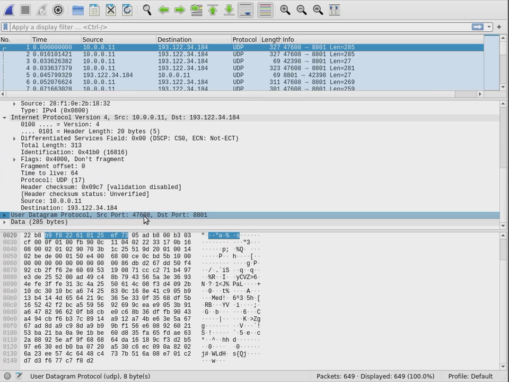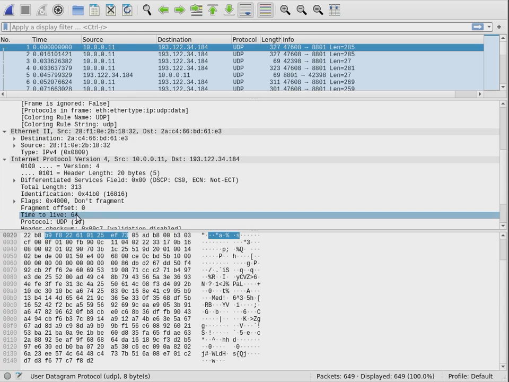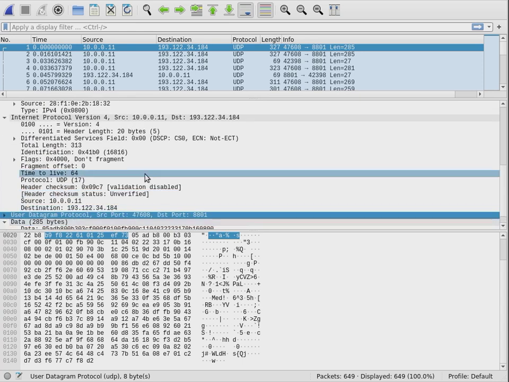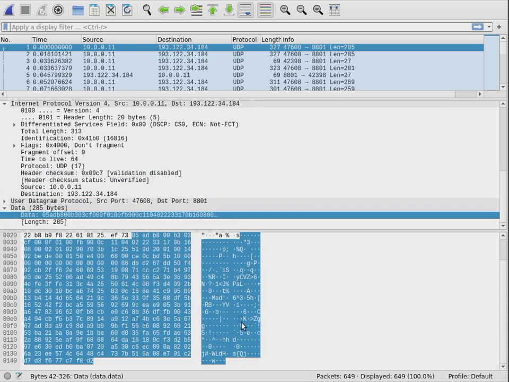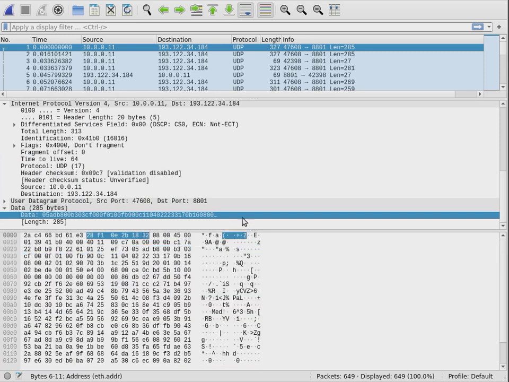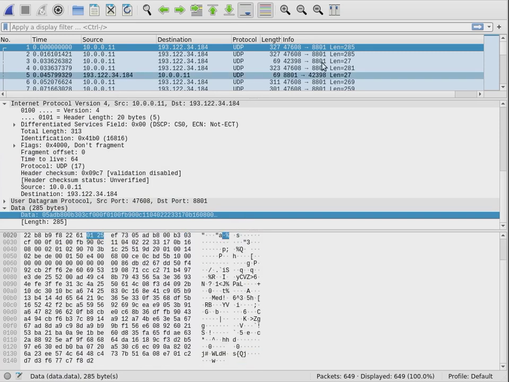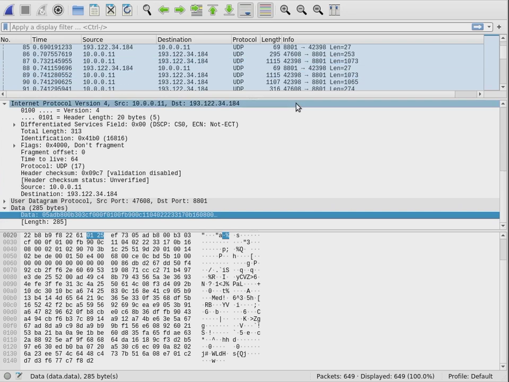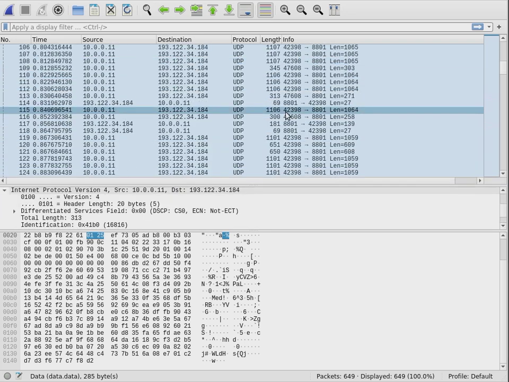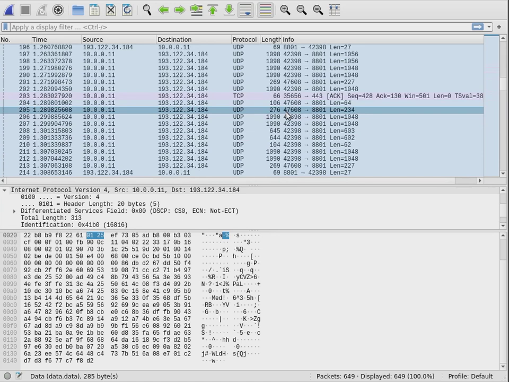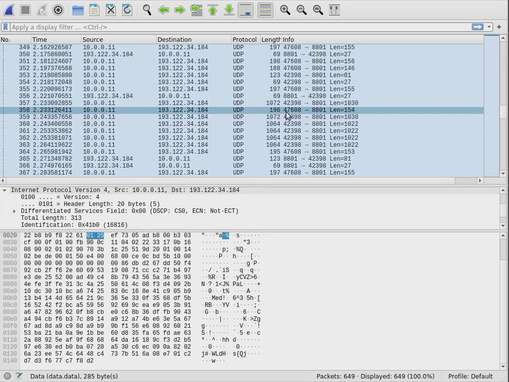This means approximately 65,000 different numbers. And then you look at the actual data, and this looks like binary data. You don't see much text here because this is data sent through my Zoom session.